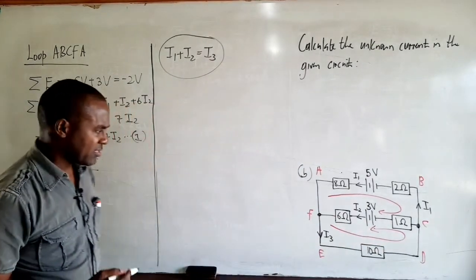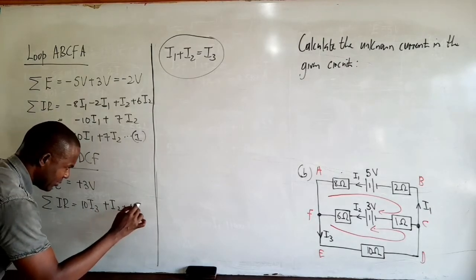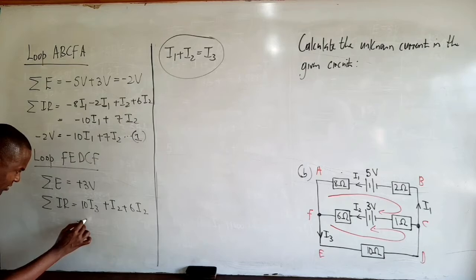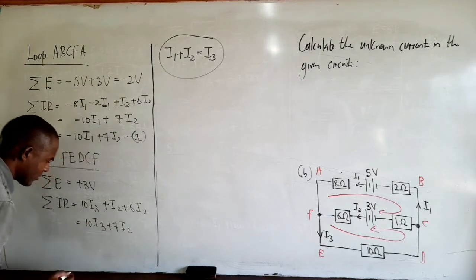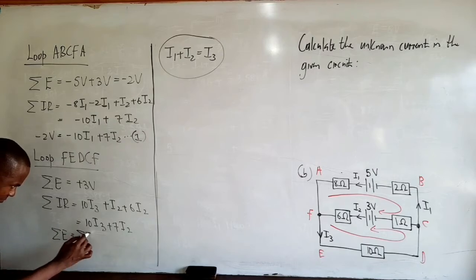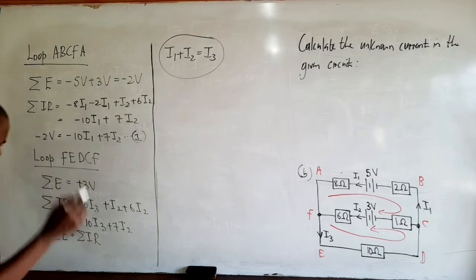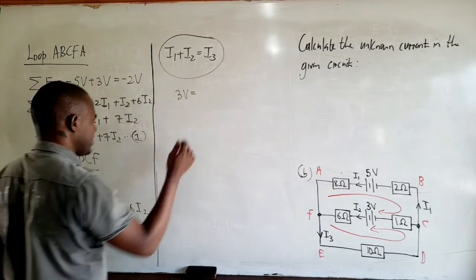So this gives us plus I2 plus 6I2. So that gives us 10 I3 plus 7 I2. And so what we now have is that sum of E equals sum of IR. So let's continue. So therefore we have 3 volts is equal to 10 I3